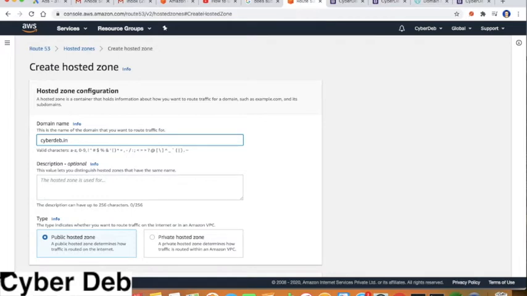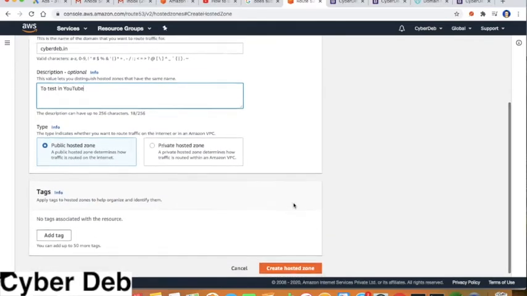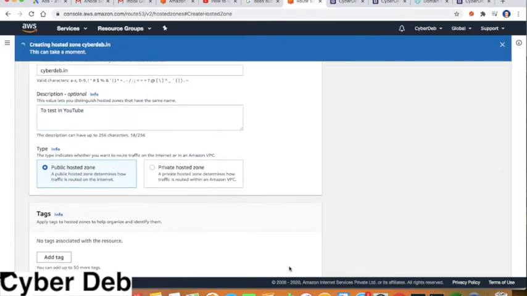So cyberdev.in is the domain name. Then any description you can provide: to test in YouTube. So here I provided that description. Next you just need to click on create hosted zone.